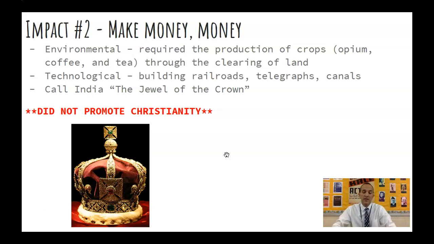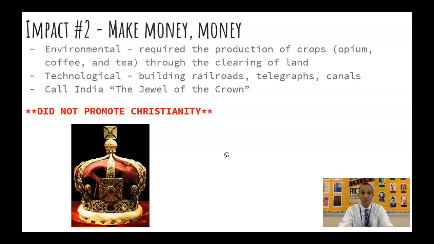Number 2, technologically, the British are going to come in and start building industrialized things within India. So we're going to see the building of railroads, telegraphs, canals, which is good in some ways for the Indian people because it's going to allow more communication and more expansion and exchange of goods, which is good, but it's done at the sake of being treated as second-class citizens